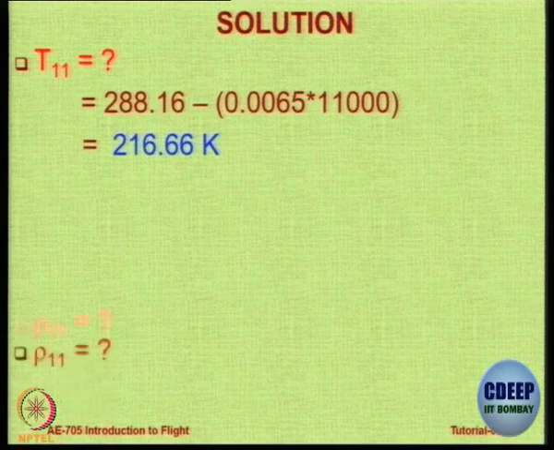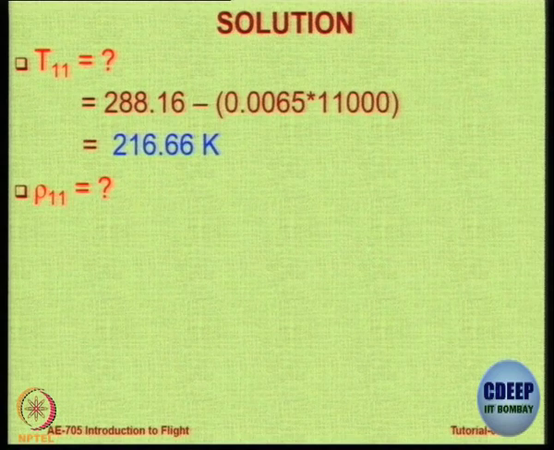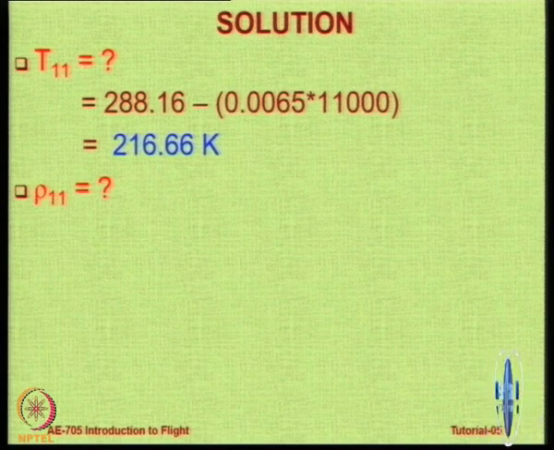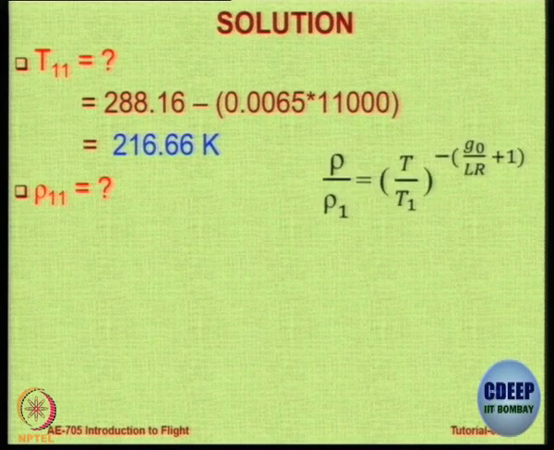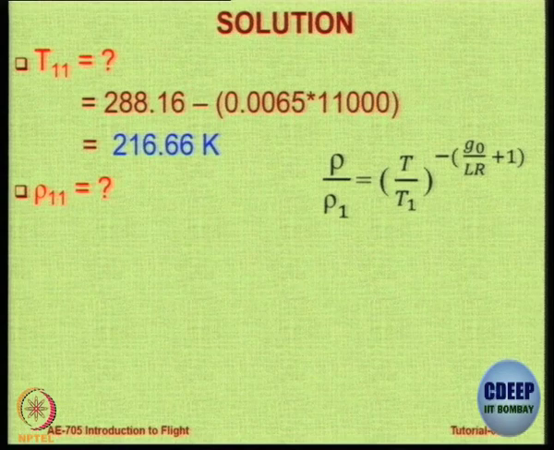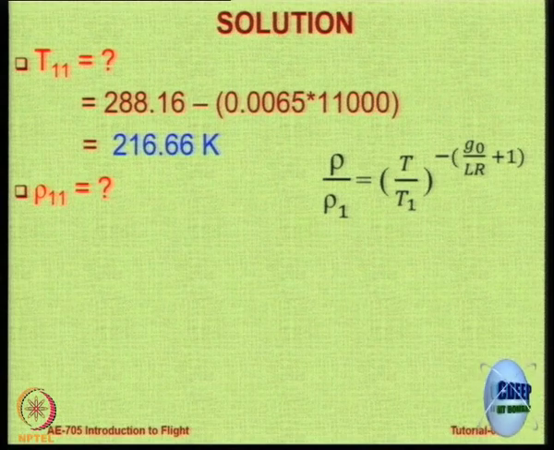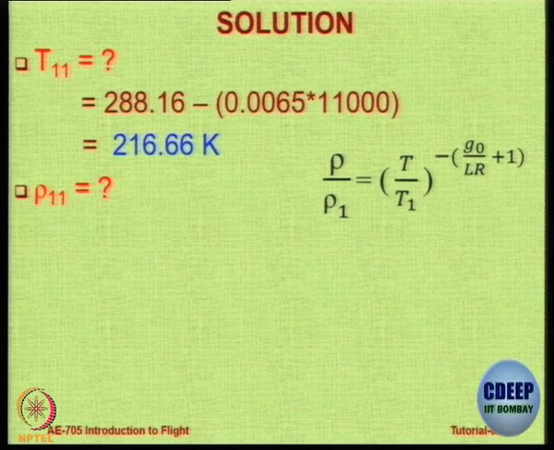So if that is known to you, how do you get the value of density rho? Because you need half rho V square, so you need density. Does anybody remember how to get density ratio? Yes, what is it? It is T by T naught to the power. I'll help you. Here is the formula. Now remember, there is a negative sign in the exponent, plus this L is the lapse rate, which is also minus 0.0065. So actually the exponent is positive.